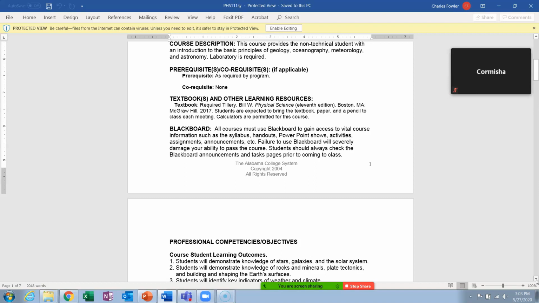You can scan them and send it to me as a PDF. And you can send it either by email or through Blackboard messages. And we'll talk about that a little bit later too. Okay? Or you can take a picture of it with your smartphone, and that would be a picture file, either a JPEG or something like that, and send that to me.